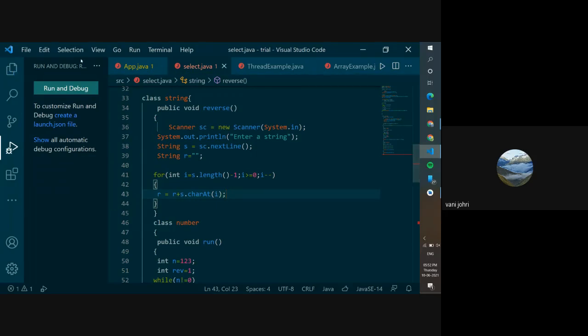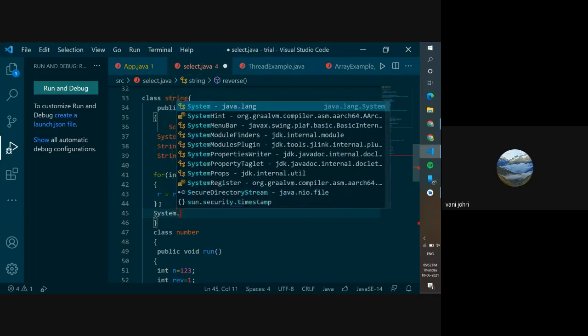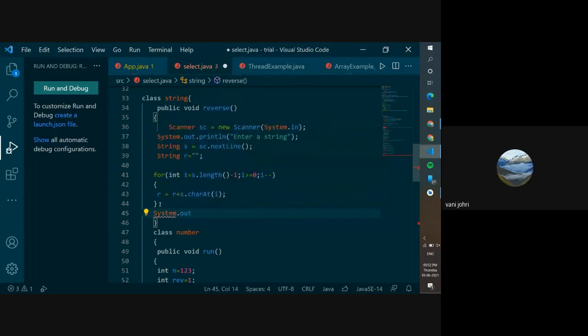Let's try doing it again now. I hope you guys got what was wrong over here. I did notice we were printing each alphabet, which we were not supposed to do. We're supposed to reverse it, and then print it over here, outside the for loop. And then we write R.